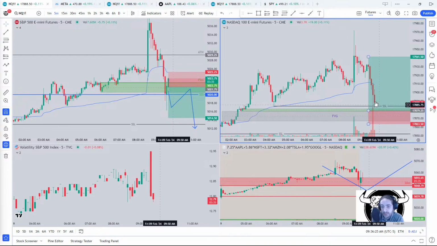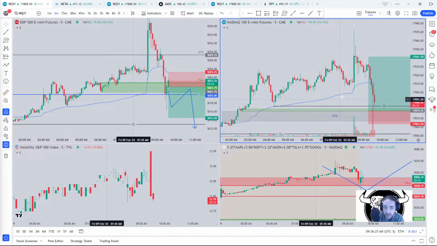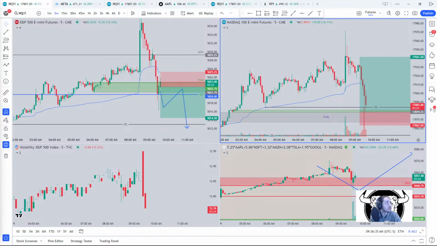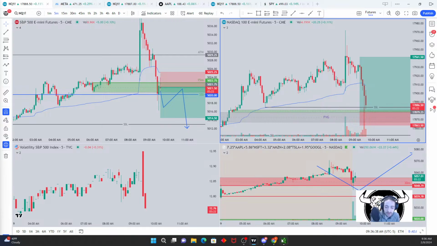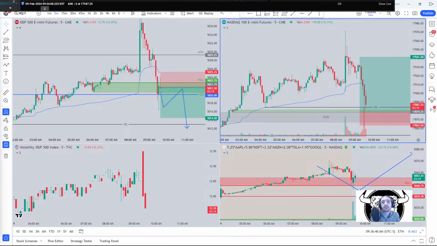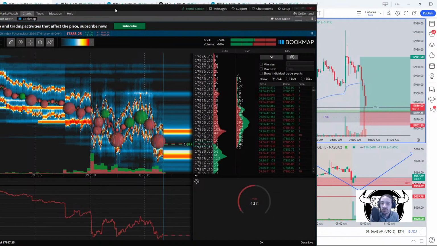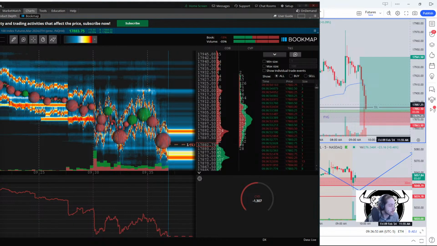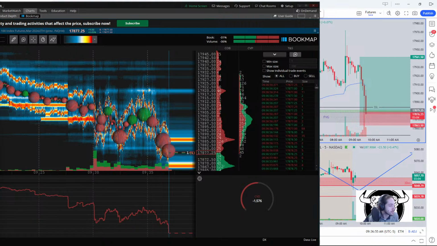Remember, could always wait for this candle to close, then start the order. Let's see if we get one more push. Come on, bears. Oh, where's my TOS? Get Bookmap back going, right? Look at Bookmap, the selling pressure. So it looks like 17,875 is a strong level. So I might look to enter around 1875. Alright, so there's that demand zone. I'm going to throw out some buy orders. Oh, there we go.